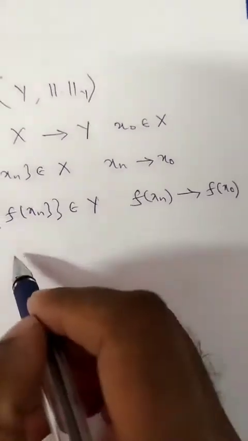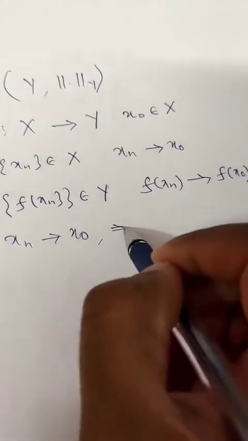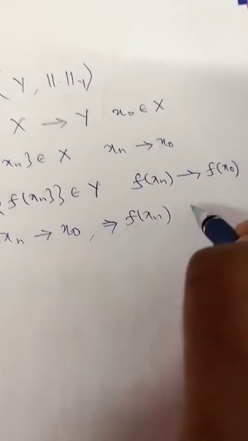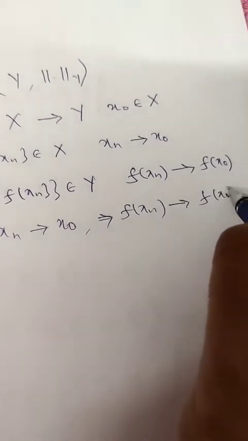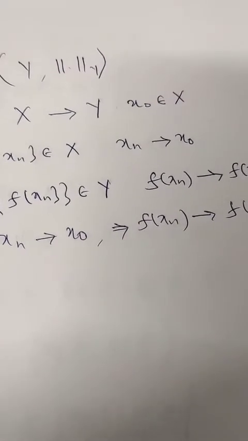That is, xn converges to x naught implies f of xn converges to f of x naught. Then also we say f is continuous at x naught. This definition is also needed